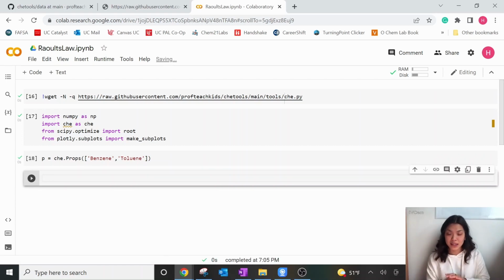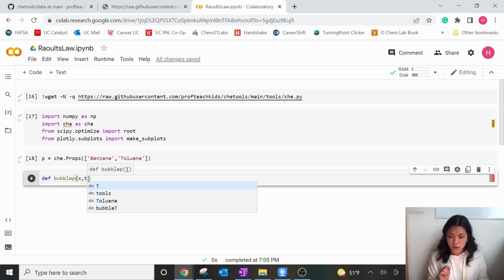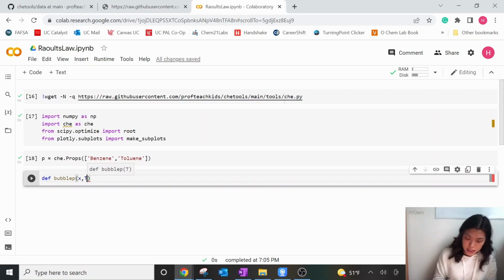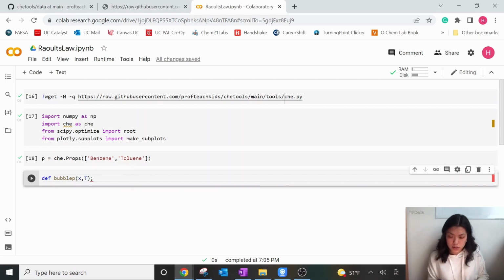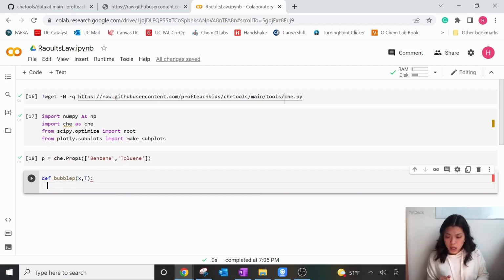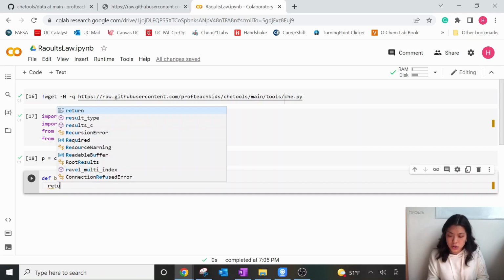Now we can begin writing the bubble pressure. So we're going to define a function. We will call it bubble P for bubble pressure, and that needs the liquid mole fraction and the temperature in order to calculate the saturated vapor pressure. So we'll be using X and T for those variables,